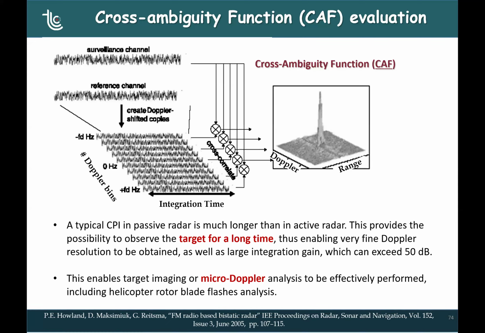And we can also have a large integration gain. That is quite important, because you have seen that the signal to noise ratio with a short integration time would be too low. We need a long integration time for increasing the signal to noise ratio, so making the signal